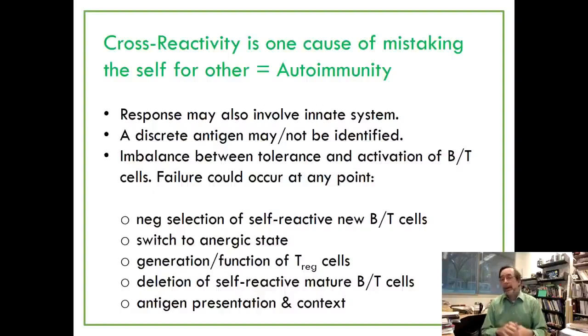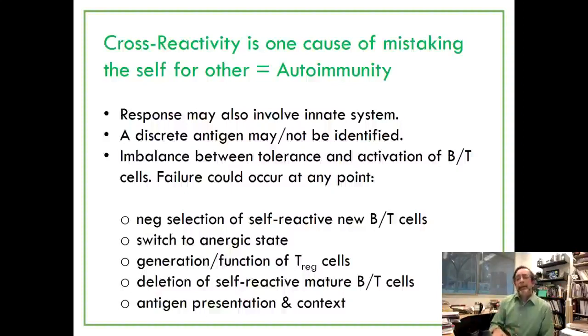Now, because T cells can activate the innate immune system, you can actually have cross-reactivity coming the other way as well. The innate immune system, as always, can be involved. And in fact, with autoimmunity, you don't just have this one kind of autoimmunity. There are general autoimmunities where there's not one antigen you can trace it to, but it's a general activation of the immune system that ends up being a general activation against all things, including yourself. Basically, autoimmunity means you have an imbalance where you're attacking yourself in one way or another.